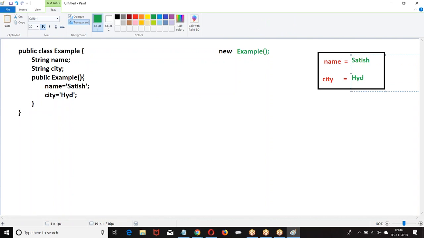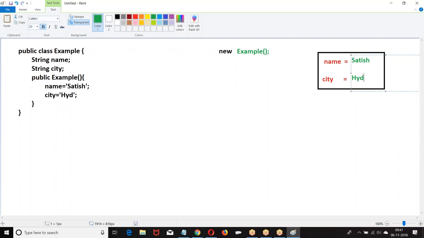Now, if the constructor is not called, what is the value of name? Null. What is the value of city? Null. Boss, what did I do? I have initialized the value. Before you perform any operation on this location, first set the value of name as Satish, set the value of city as Hyderabad.